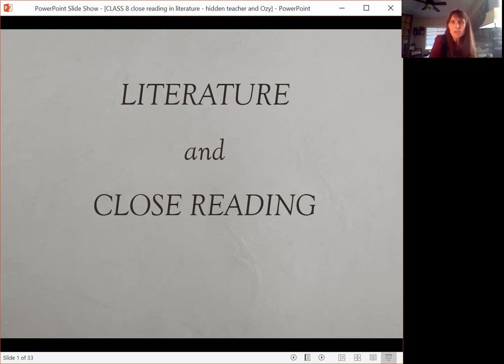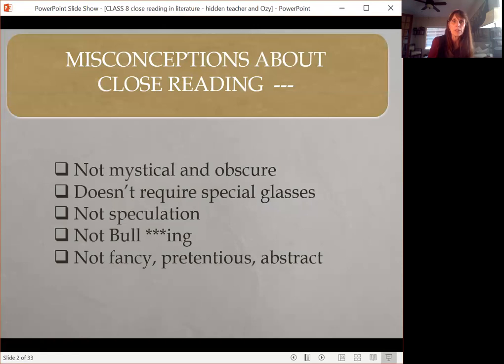The close reading we've done so far, our application of propinquity in this class, has been towards nonfiction, well, mostly nonfiction articles. We've had editorials, we've had op-eds, TED Talks, speeches, print advertisements. We've even had stand-up comedy, and we've applied close reading and analysis to that. Now we're going to segue over into fiction and see how that works with regards to close reading.